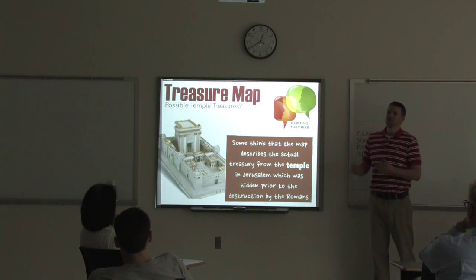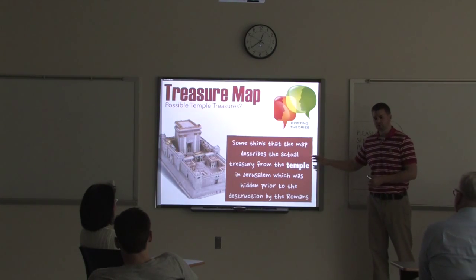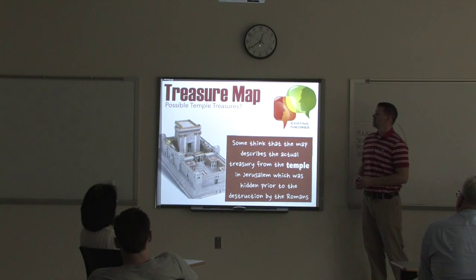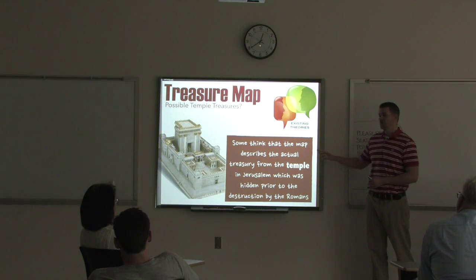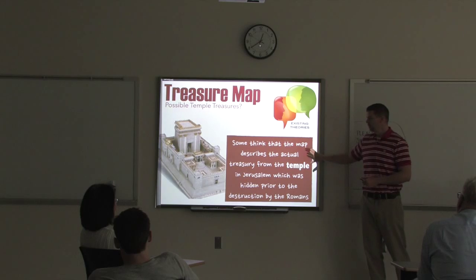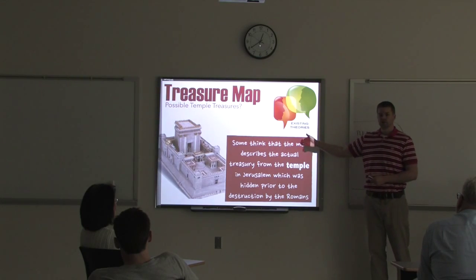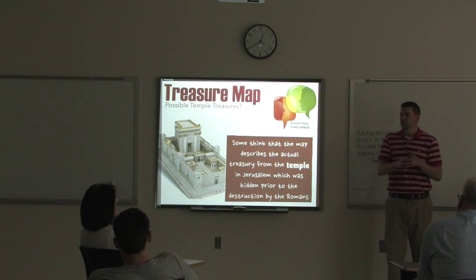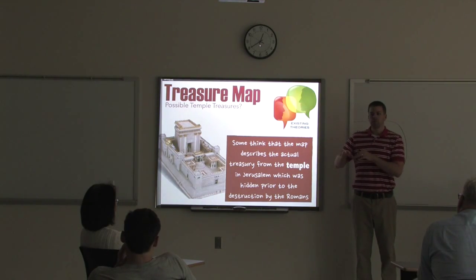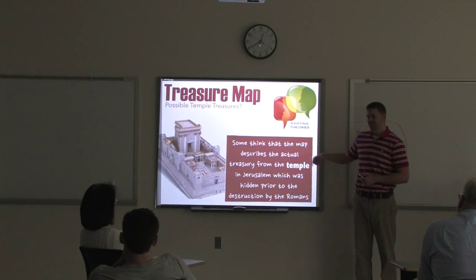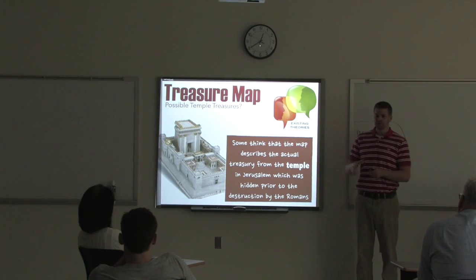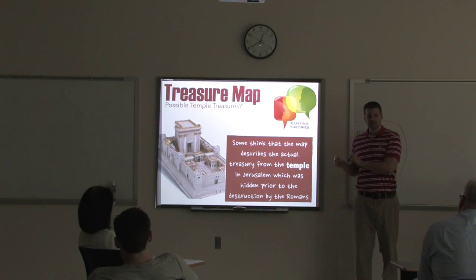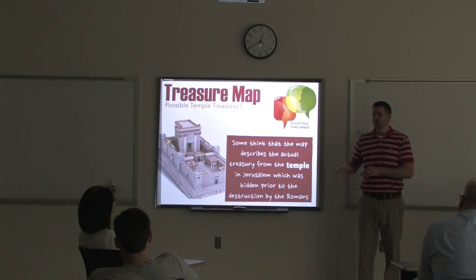Now, was this real? There's been debate about whether this is real. Is this kind of a make-believe treasure, to put something on a wild goose hunt? We don't know for sure, but some will think this is possibly the treasure map for the temple treasure in Jerusalem. This represents the treasure that was stockpiled in the temple in Jerusalem that was hidden away right before the Romans came in. Because in 70 AD, the Romans came into Jerusalem and destroyed the city, burned the temple down, and the Jews, recognizing this, wanted to make sure that this was hidden away before they got there.